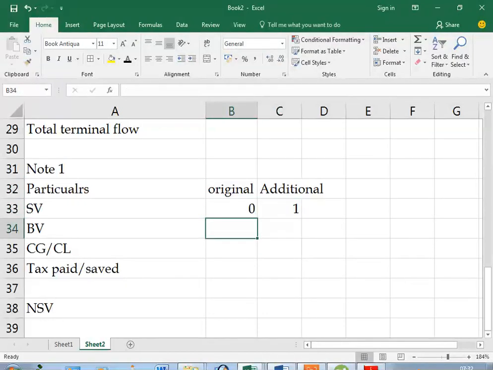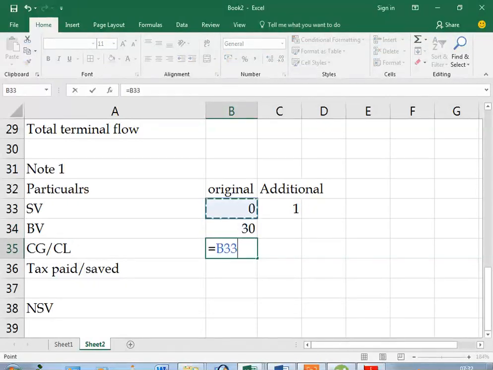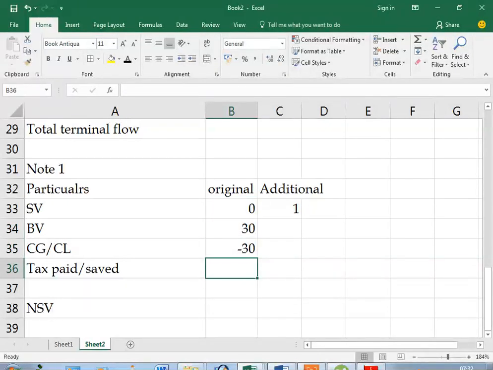Now please listen, a sale value of 0 doesn't mean you need not calculate this. You will have to do a small check. My book value: originally I bought it for 120 lakhs. Every year I have been charging depreciation. After 8 years of depreciation, what will be the book value of this asset? 0, because we have charged 15 lakhs. In some problems, instead of charging 15, you will charge 12 lakhs, if the question tells you to do it that way. Then you will have a book value. If there is a book value, there will be a loss. If there is a loss, there is a tax saving. So instead of 0, if this was 30, just an imaginary scenario, this would have become a 30 loss,